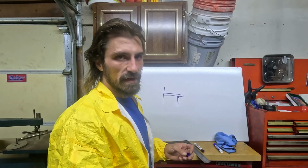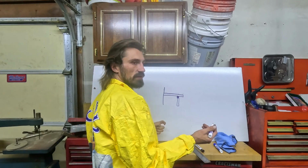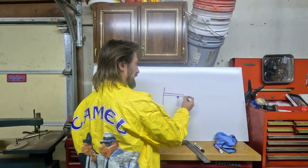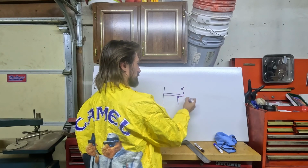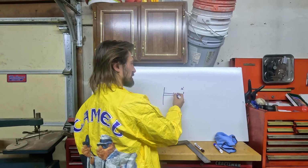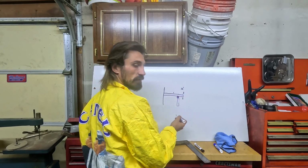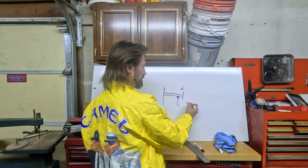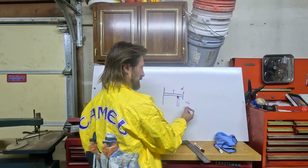2x10s can typically span about 15 feet pine, 15'7" or so. So if we max this all the way out, let's just round it to 16 foot. If we made this 16 foot, that's 8 foot to the center of this. If we go in 2'6" from that 16 foot, we're at 13'6". The center of that is 8 foot. The center of this is